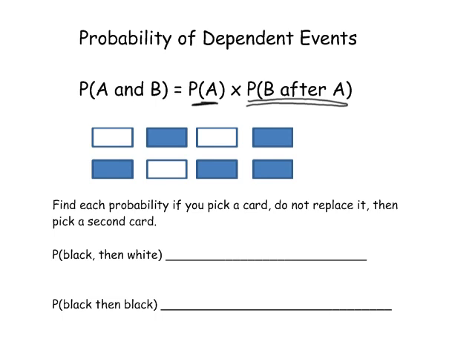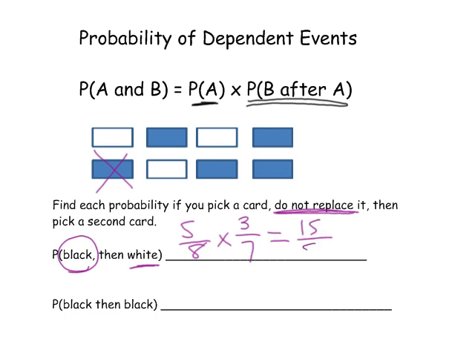If you pick a card, do not replace it, and then pick a second card. What's the probability of first picking a black? Well, there's 1, 2, 3, 4, 5 black cards out of 8. And then we assume we did draw that. So now let's say this card is no longer in the pile. Now we have 3 white cards out of the 7 cards there are. So 3 out of 7. We can't simplify there, so 15 out of 56 is the probability that we're going to draw a black and